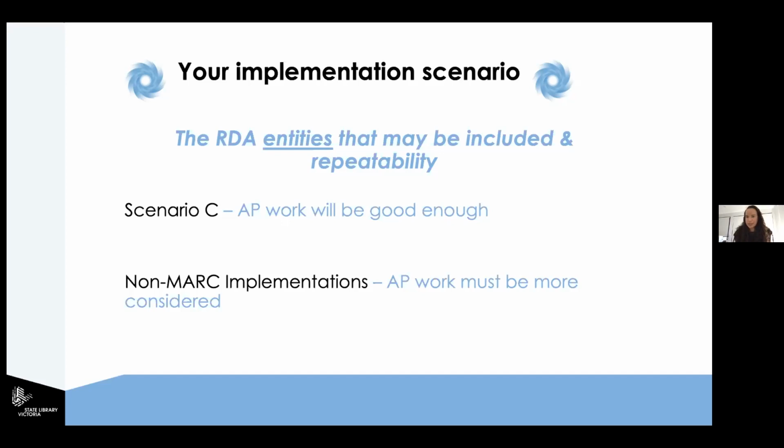If you are in a MARC, bibliographic, and authority implementation environment, so you're working within MARC but trying to implement RDA, you can trust that your AP work will be good enough no matter what you do, and that you'll meet this requirement that you have to define the RDA entities that may be included and their repeatability. Trust that you're going to do that,